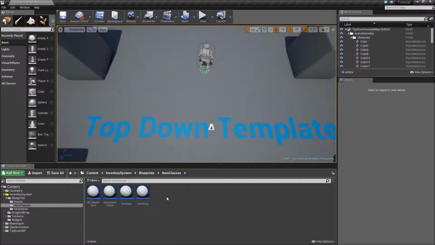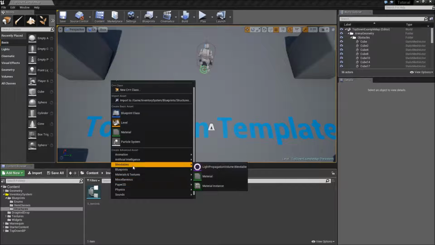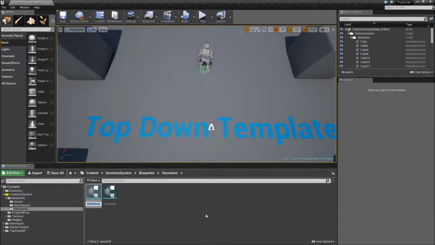In the last video, we finished our preparation work by creating our item classes, so now we can work on the core of our system, which is the inventory actor. To begin, we'll have to create another structure, so go inside of your structures folder and right click to create a new one. Call that one